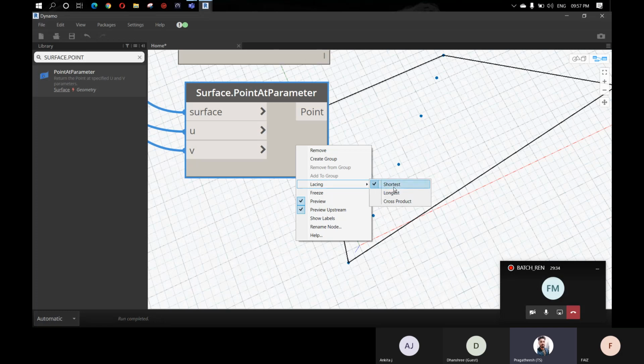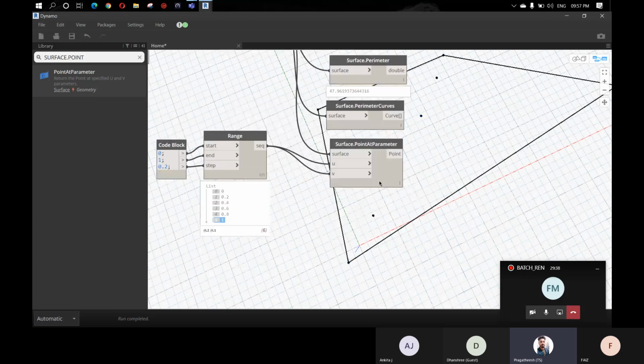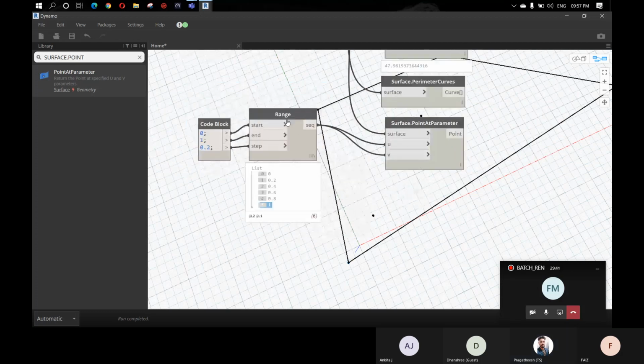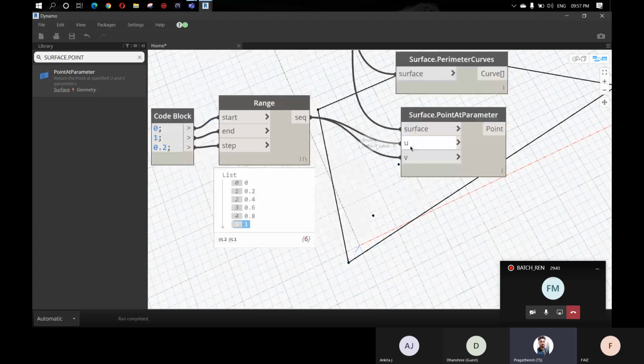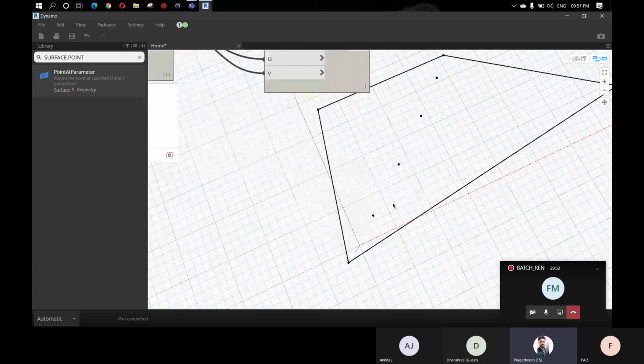Okay. Next is the shortest. Shortest means it matches the data by the index. So for example, here we have given both the same, right, for the U and V. So it will just match the smallest value from U with the smallest value from V, and create a point.